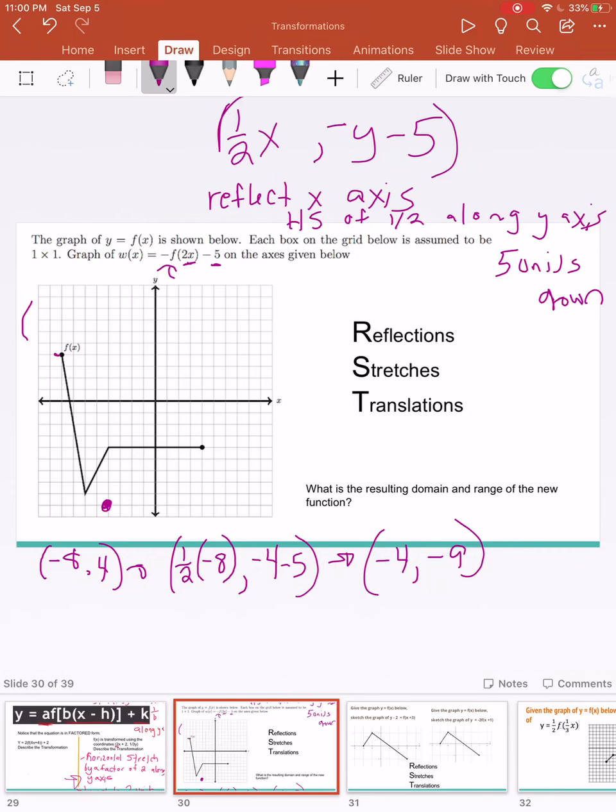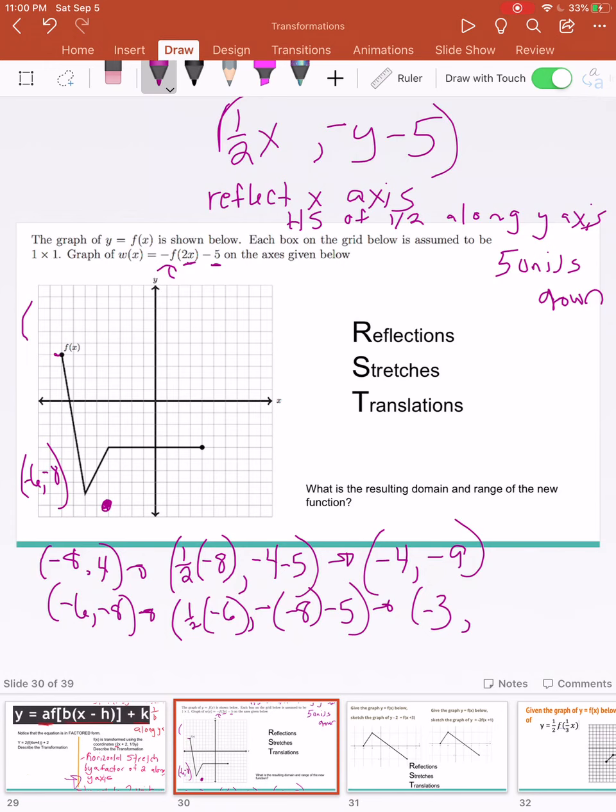Great, and then I'll keep going. So my next point, -6, -8. Once again, I'm going to apply those to my mapping coordinates. So I'll take 1/2 times negative 6, and then negative 8 minus 5, and I end up with negative 3 and positive 3. So if I map my new coordinate,